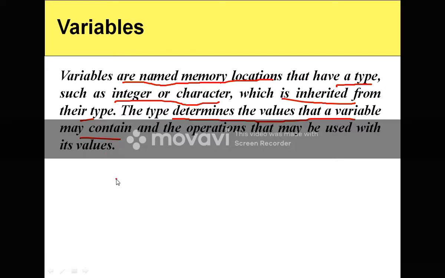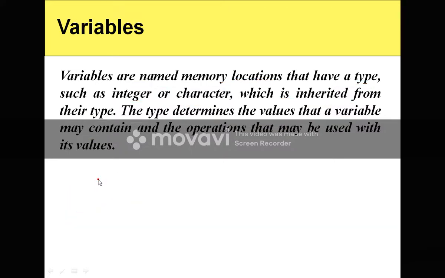That is nothing but, here consider A. A is what? My variable name. If I write int before the A, then it becomes the data type of A. So in this variable, I can store only an integer data type.